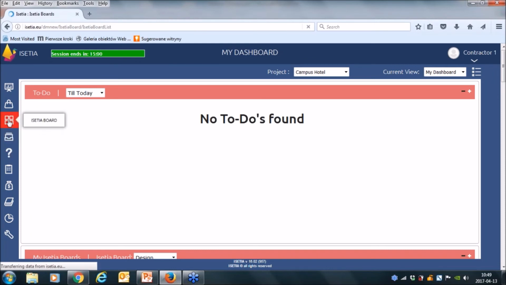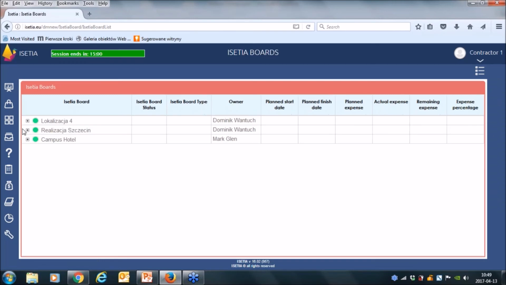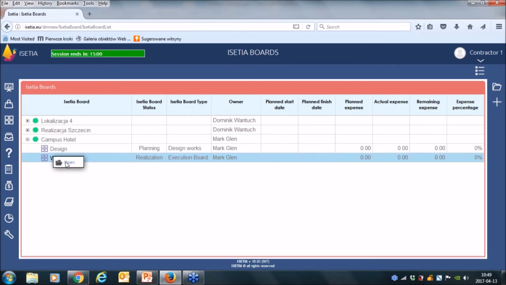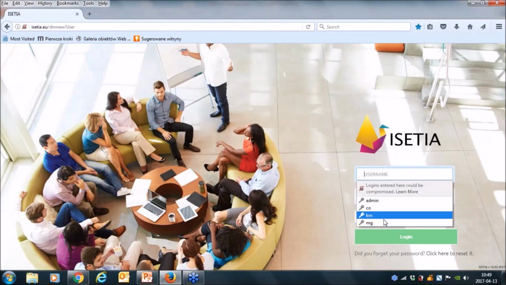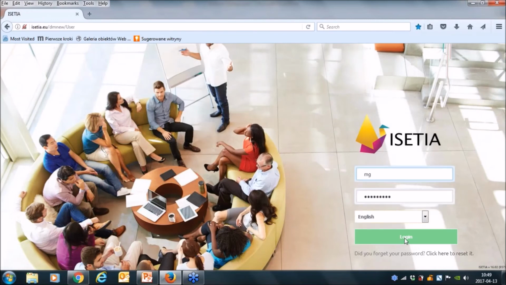So let's go back and see it from the management point of view. This work stages. Oh, sorry, I need to log out and log in as me because it is not accessible for him no longer this task.